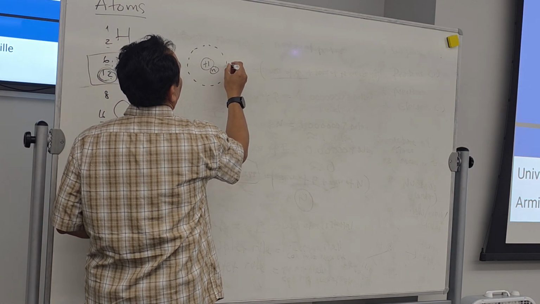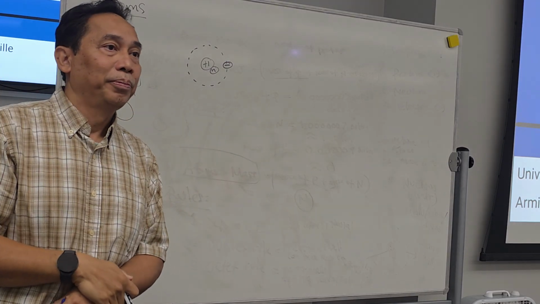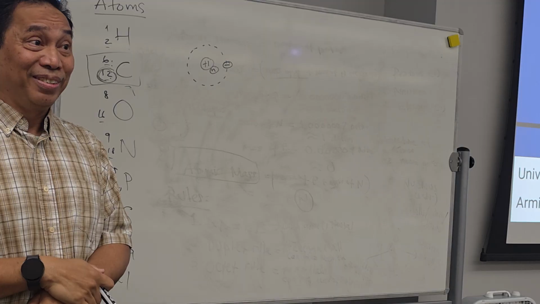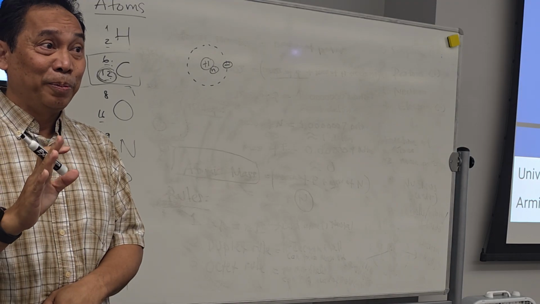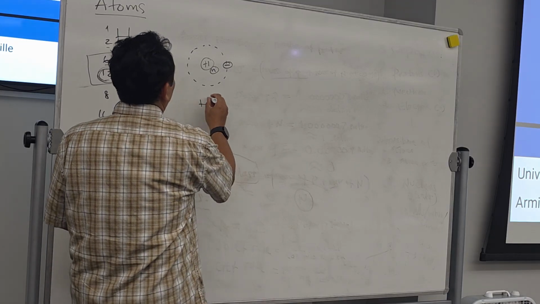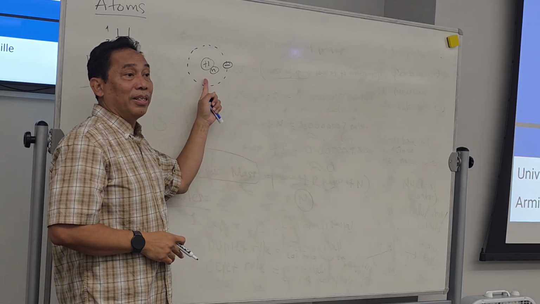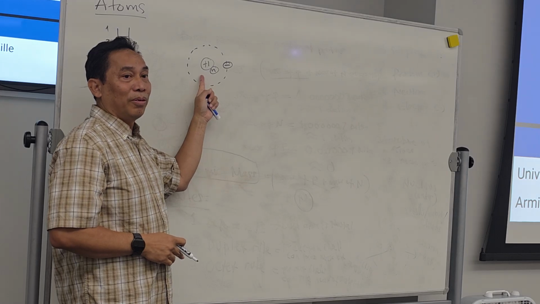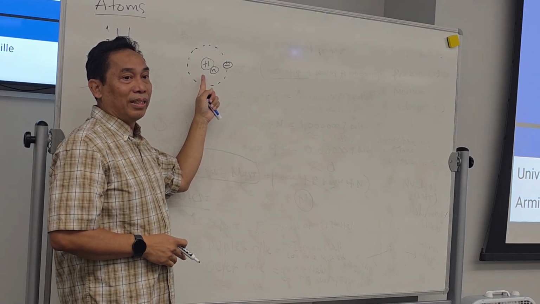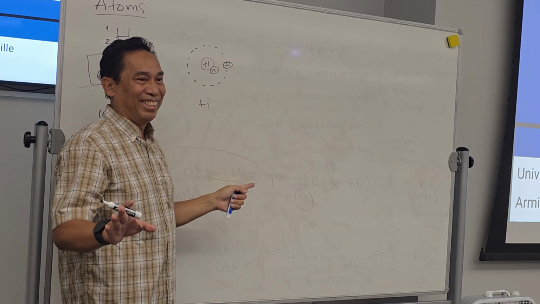Okay? Let's say 1. Negative there. That's it, right? You got this one? Alright, so this is what? This is hydrogen atom. What is the charge for this atom? Neutral, what? +1, -1, 0. Follow this?